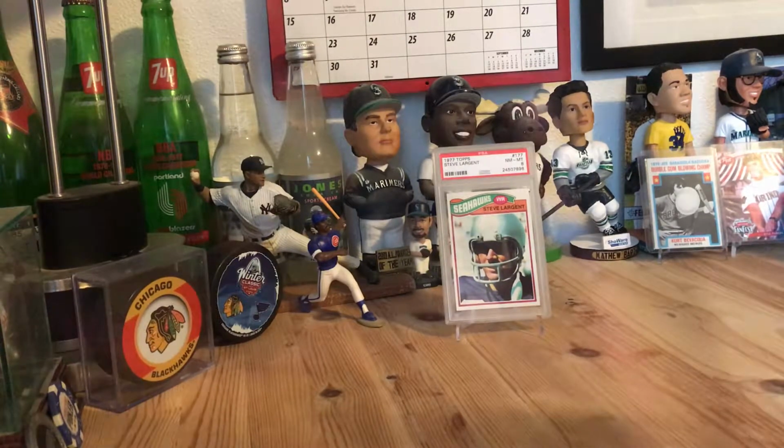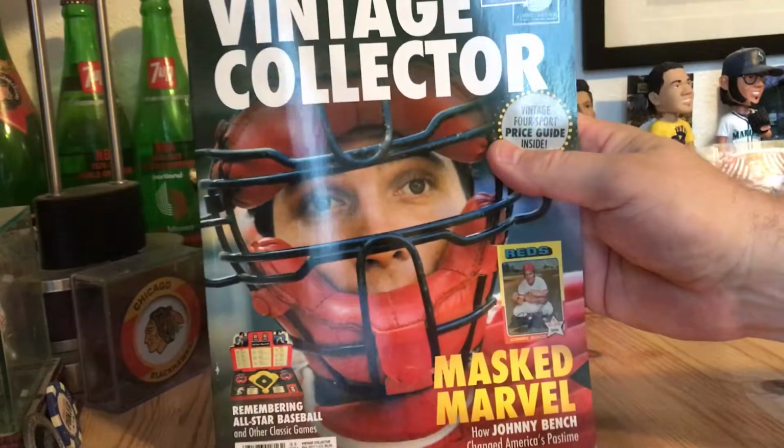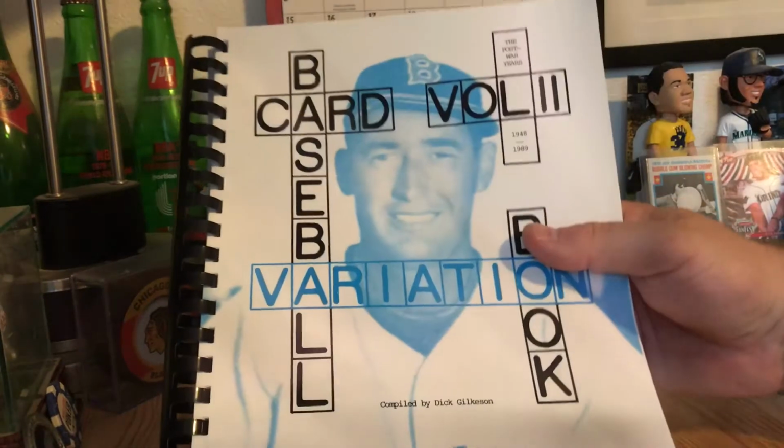So the Vintage Collector magazine, like I said, there's always good articles in there on older stuff, and I like to keep up to date and learn about it. One of my favorite periodicals that I picked up a few years ago, I don't know how many this guy has anymore. His name is Dick Gillickson,